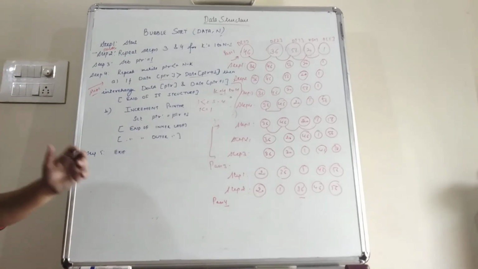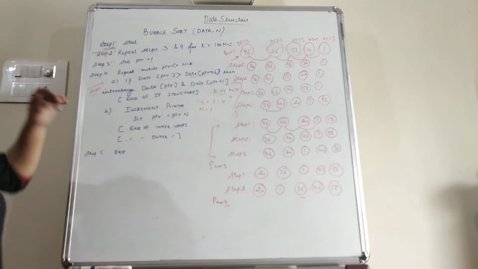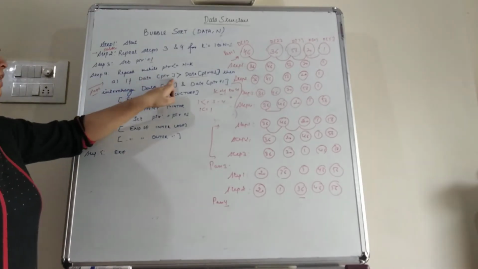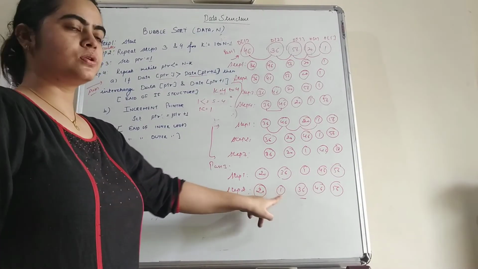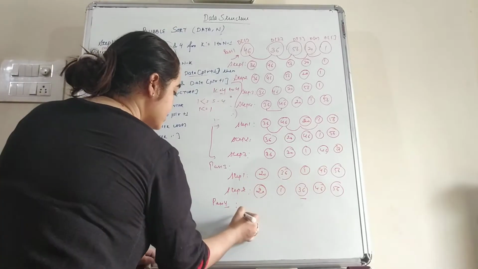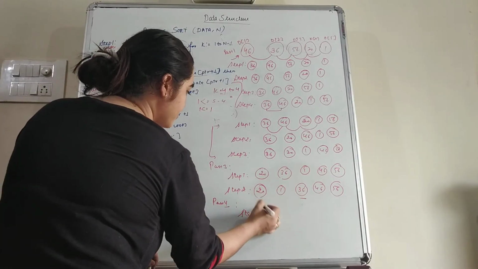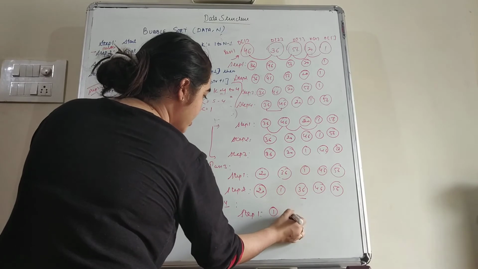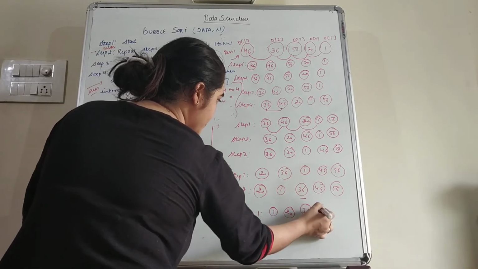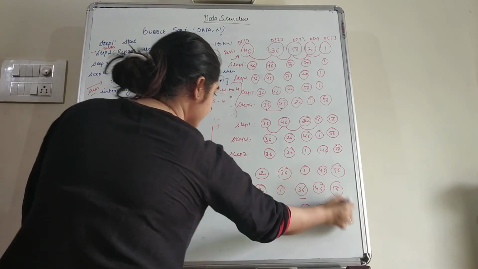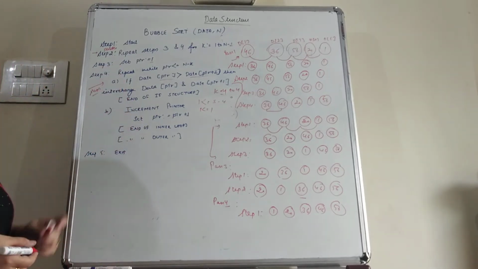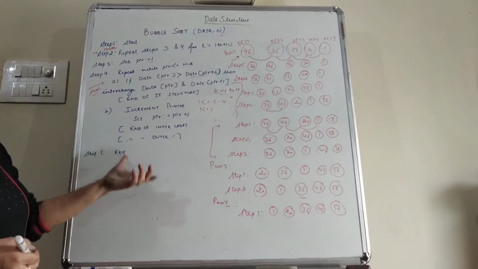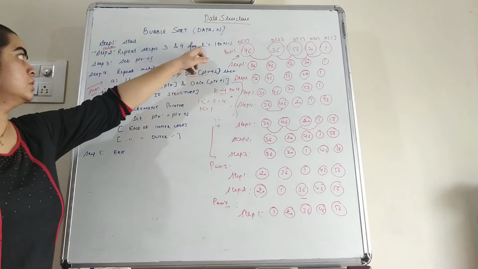So that means now in this step we have only one step. If data of 1 is greater than data of 2. So data of 1 is 20 and data of 2 is 1. Yes. So in this we can write step number 1 and we can interchange the value. So 1, 20, 36, 46 and 56. And after this if we are incrementing the value of pointer, then this loop will end, and again we can go to here step number 2.